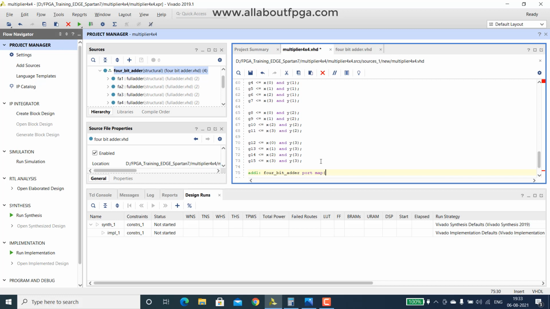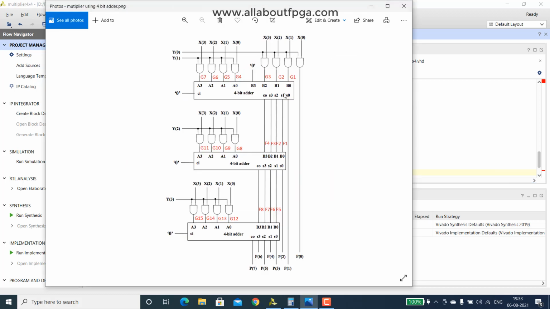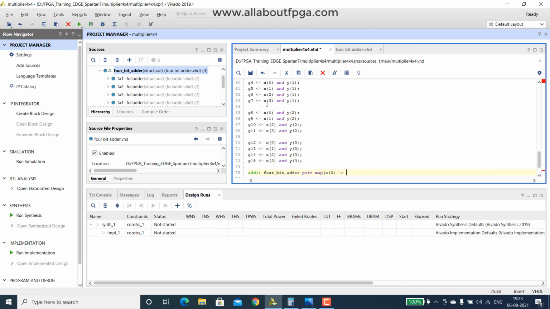So A of 3 will be assigned to, you can see that A of 3 is assigned to G7, right? So we have to clearly mention what it will be assigned to. So it will be assigned to G of G7.